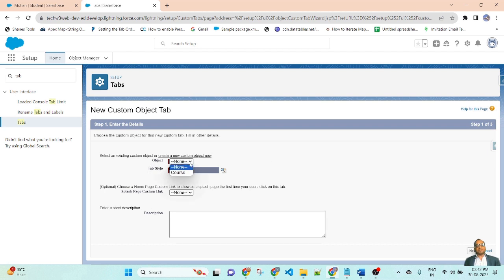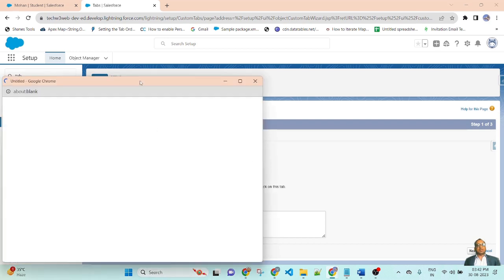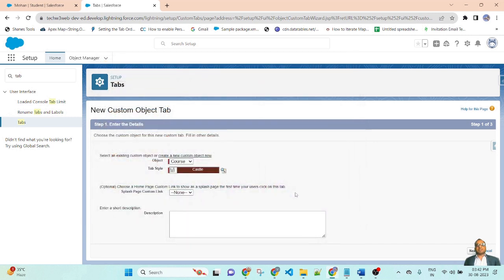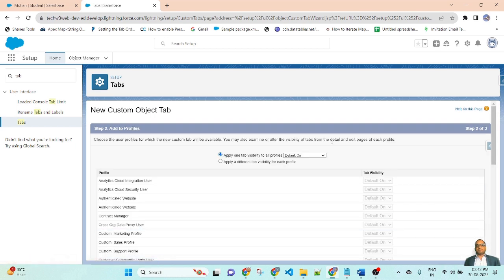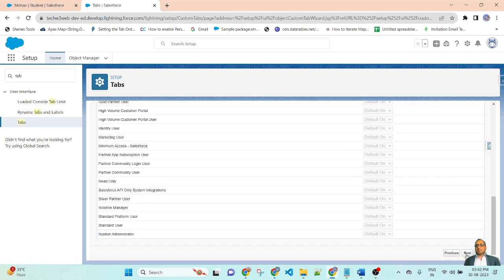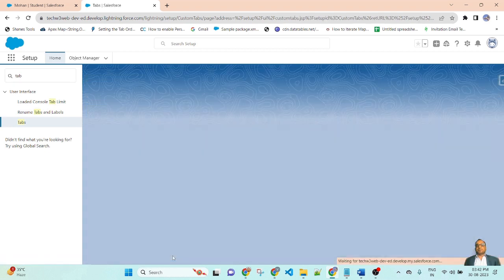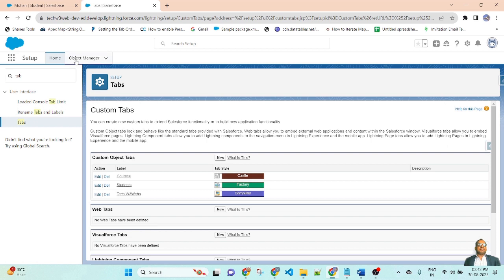First select the object name. My object name is course. For tab style, select any of the tab styles. Suppose I am selecting one, select the token tab style and go to next, and next and save. So I created the tab.